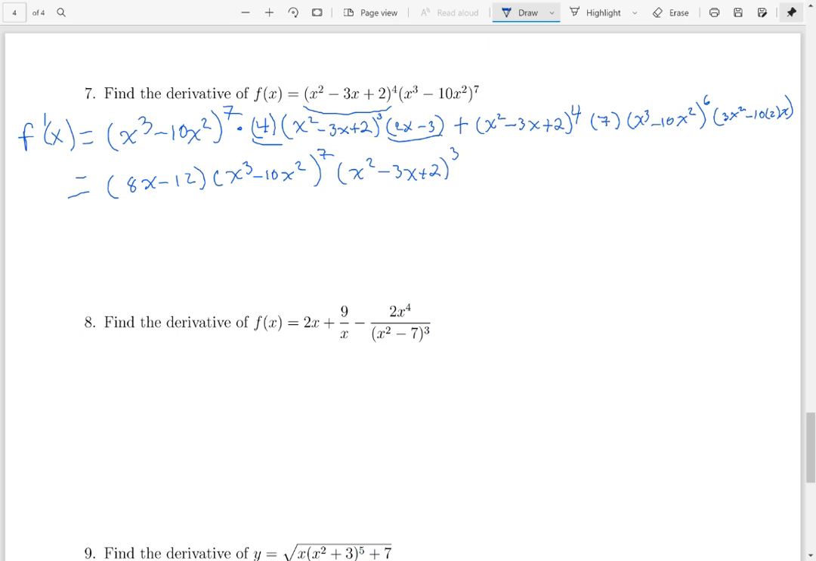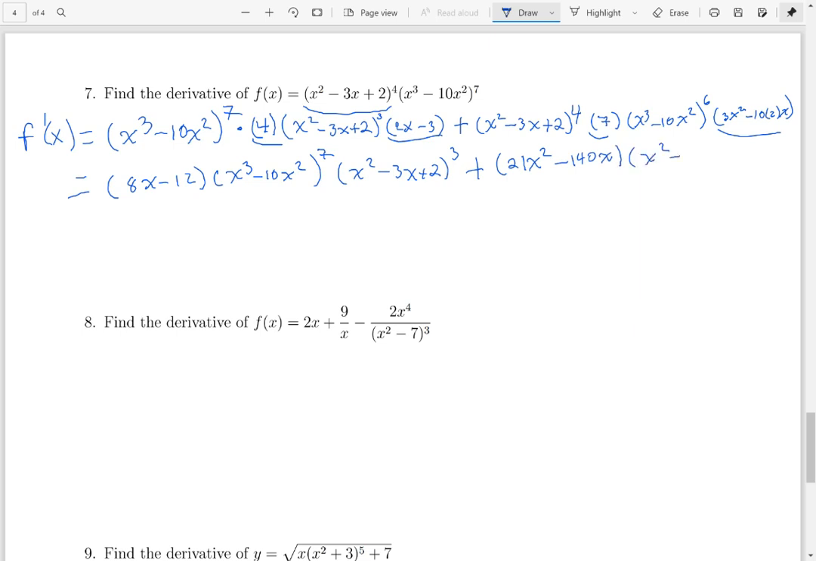Then let's see if there's any nice cleanup I can do here. I'm going to multiply 7 times this binomial, but that's really all I'm going to do. So plus 7 times 3 is 21x squared. 10 times 2 is 20. 20 times 7 is 140. So that's minus 140x